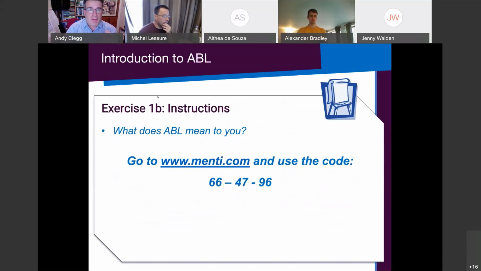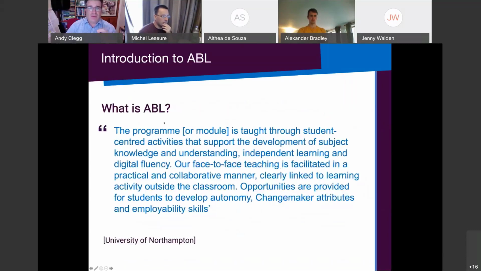So that's the problem with doing something in PowerPoint. It ends up being very sequential. Now, what is ABL? So if you look at the resources that we put on the website, where we took